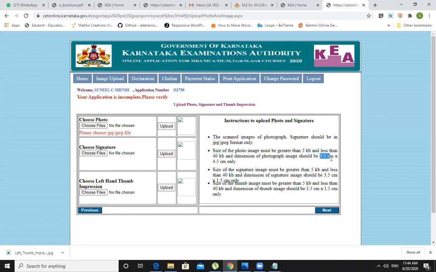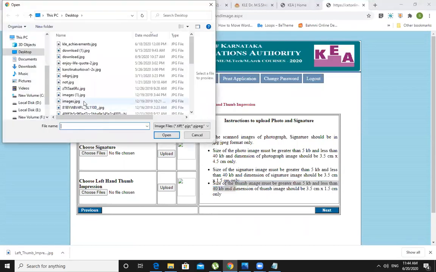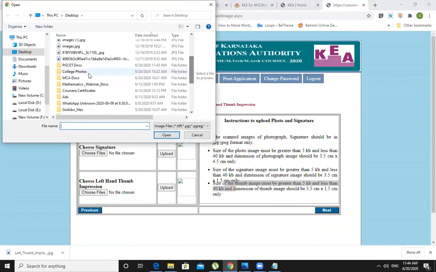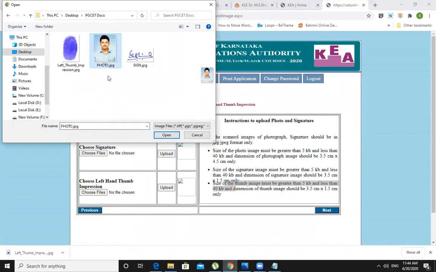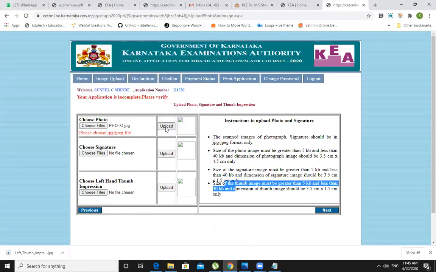Dimension should be 3.5 cm by 4.5 cm. It is the same for the signature image and the left hand thumb impression too. So I'll choose the photo, and click on upload.